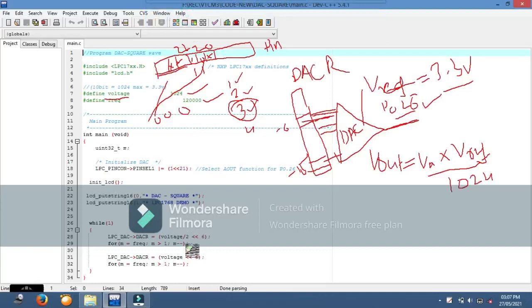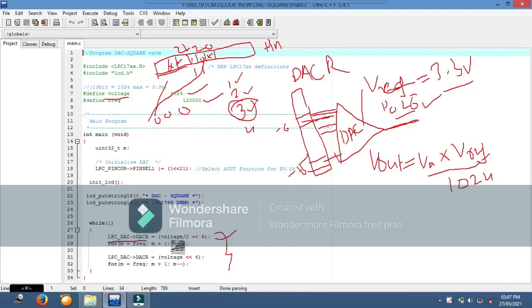So let's see how the square wave is generated here. To generate the square wave, we'll understand these 4-step instructions. This is a simple program actually. First, we are sending a value to the DAC register, which is defined here as LPC_DAC with DACR.